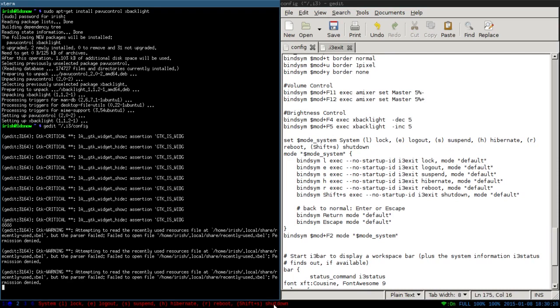And now if we do alt mod F2, you'll notice down here it gives you the urgent colors of the red, and then you can just log out, suspend, hibernate, reboot, and then Shift S is for shutdown. So if I was on a systemd, I would just put this in and just do an L, it will lock my system, E would log out. So this is a very good handy tool that if you are going to be on i3, I suggest implementing if you have a systemd